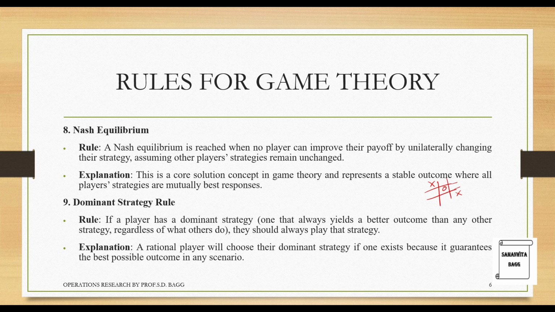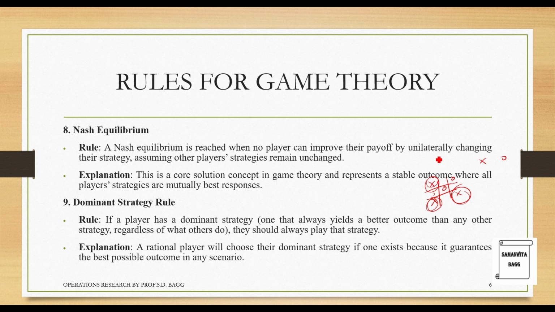Now the person who is playing 0 may not know where to put a 0 and say he just puts a random 0 here thinking that he will put a 0 here next and he's going to win the game. And now you play your dominant strategy, that is you put an X over here, and now the person who has played 0 is completely in a trance state, because if he puts a 0 here, you put an X and you win, or if he puts a 0 here, you put an X and you win. So this kind of a strategy of playing X's or 0, whether you choose an X or a 0, if you play this strategy of choosing the corners, you will always win the game